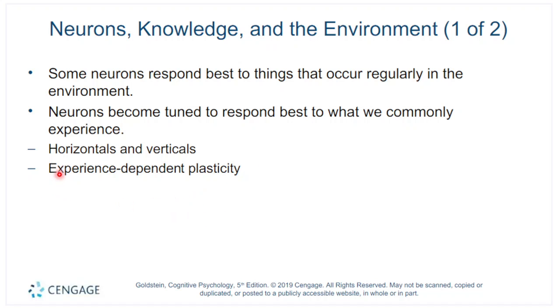So, ang nangyari tuloy, naging experience dependent plasticity or nagkaroon ng experience dependency ang ating mga neurons na from the DNA of the early men or yung mga sinaunang tao, dahil nga nakasurvive tayo by training our eyes to perceive horizontals and vertical lines well, ayan,